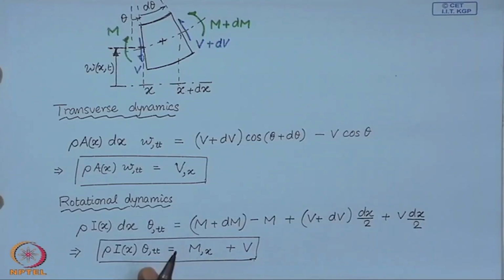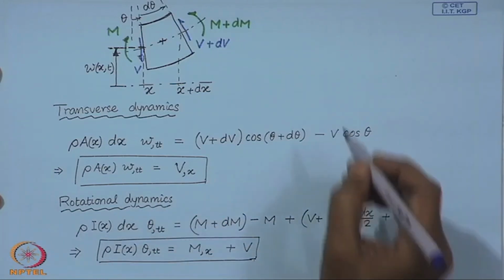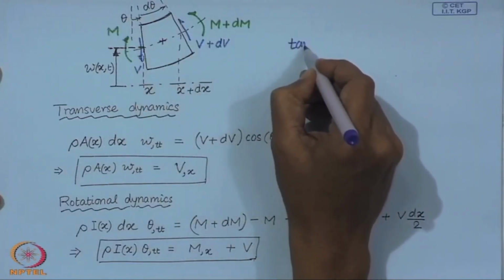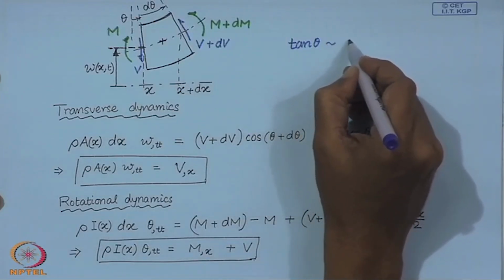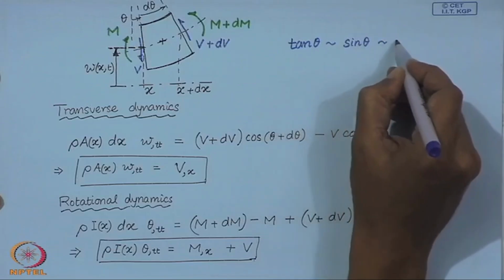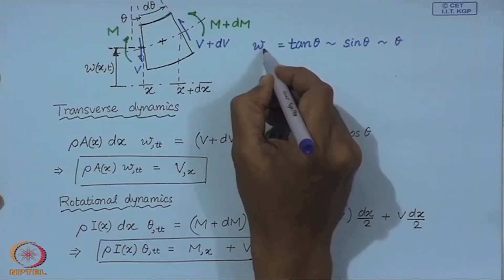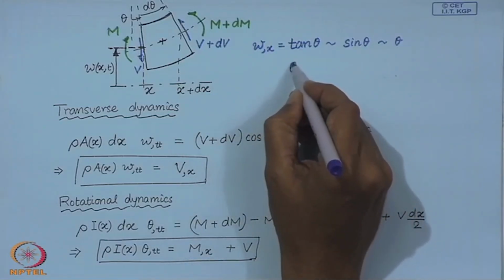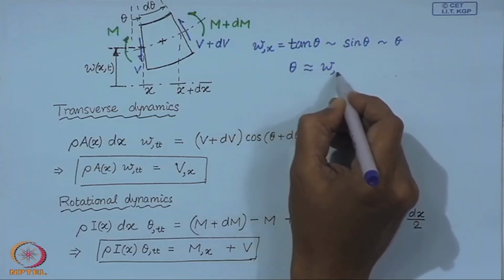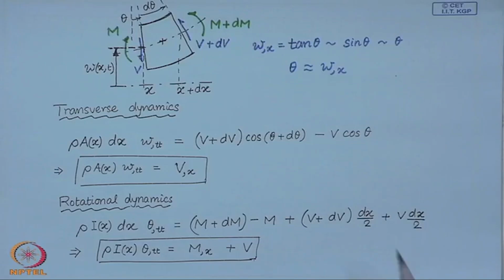Now this theta has to be somehow represented in terms of w. Now, we know that this tan of theta for small slopes is almost equal to sine of theta, which is almost equal to theta, and tan theta is nothing but the slope of the beam. So, therefore, theta is approximately the slope of the beam. Therefore, from here I can rewrite this equation as